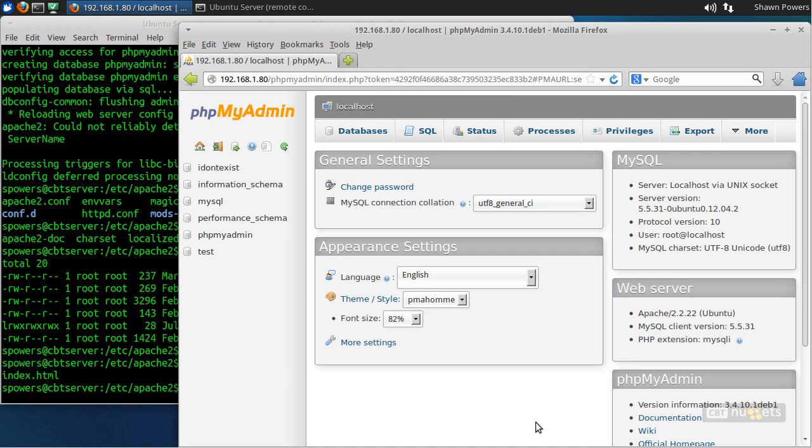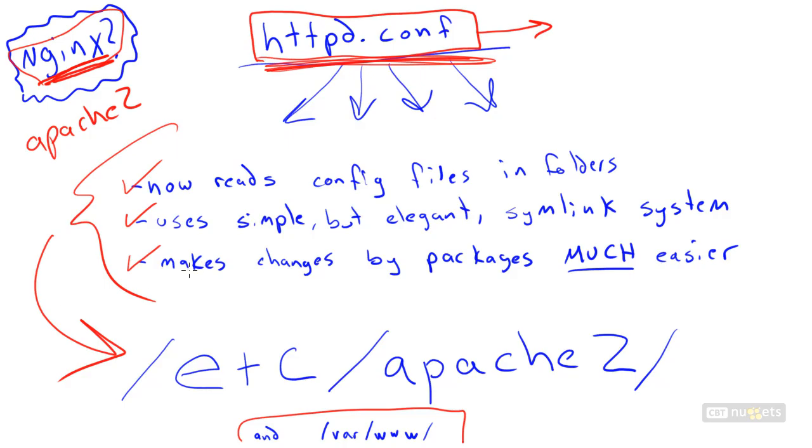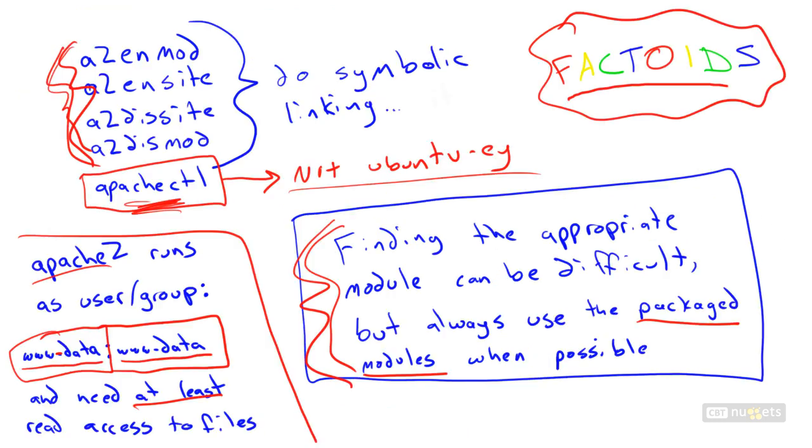All right, so let's make sure we got everything covered, and you should be able to go onto your system and play with MySQL and Apache to see how things work. All right, back at our original Apache slide, remember httpd.conf used to be the place where everything was stored. Now it comes empty, and you can put your custom configurations in there. And we learned all about the cool way that the folder structure for Apache 2 and Ubuntu is set up. We also learned all of the different things that are important to know about Apache 2 specific to Ubuntu, like